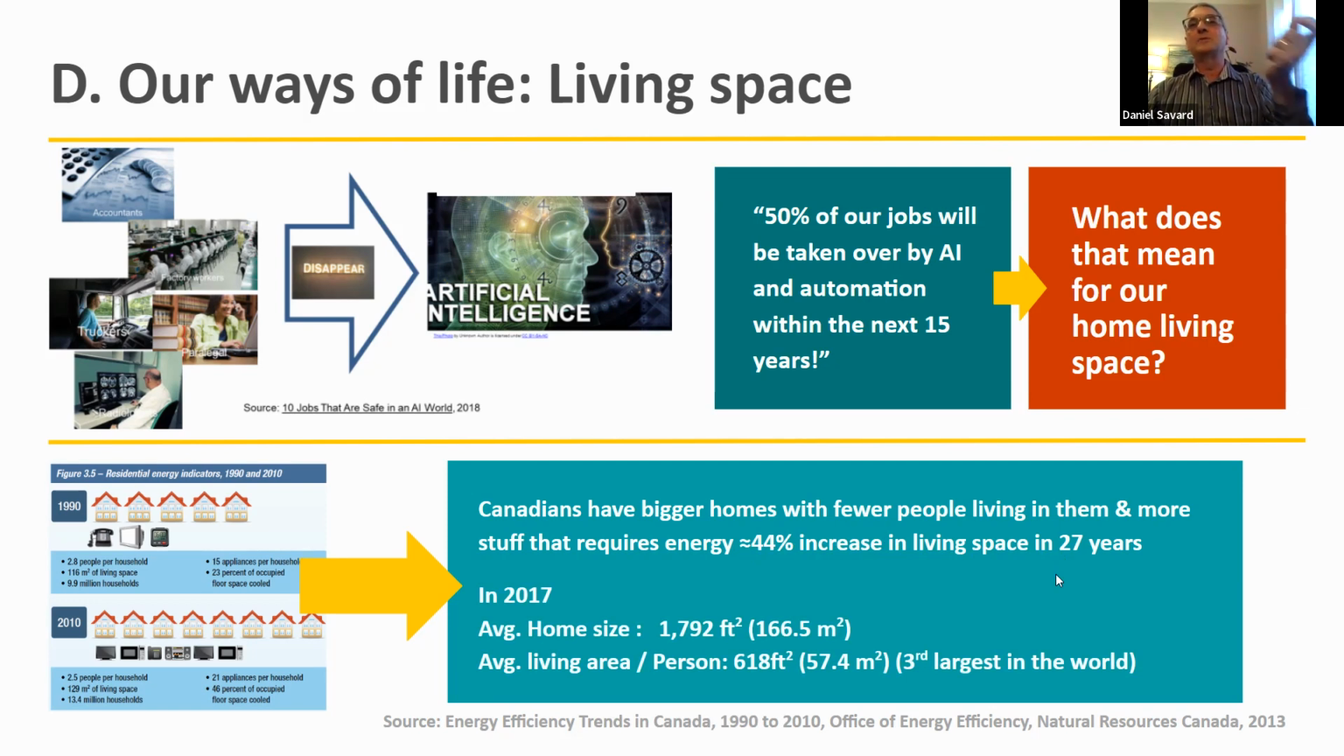The average home size in Canada is roughly around 1,800 square feet, and the average living area per person is around 620 square feet, which, by the way, is the third largest in the world. The first is Australia, and the second is the American. Okay, now,